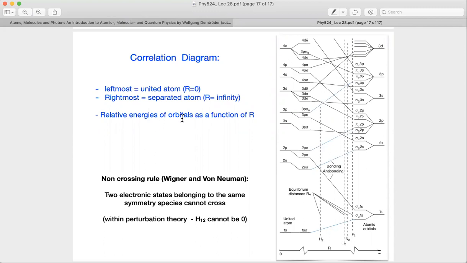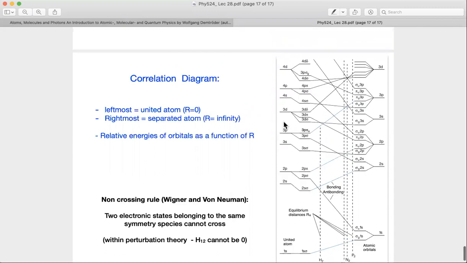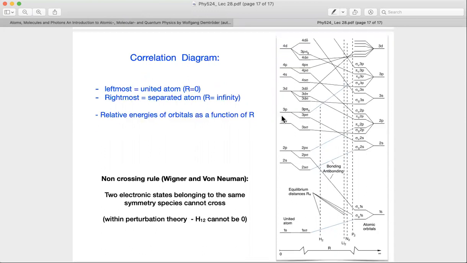And in the united atom, basically, I'll have these atomic states 1s, 2s, 2p, 3s, 3p, 3d, and so on and so forth, etc. Right. And on the rightmost side, I have the completely dissociated molecular states, basically. Okay. So, for example, for a hydrogen molecule, I have the hydrogen atom states, basically. Okay. So that is like 1s into 2 because I have two atoms, etc. So 2 into 1s, 2s, 2p, and all of these states, etc. Right. And in between, I have the evolution of the states, etc.